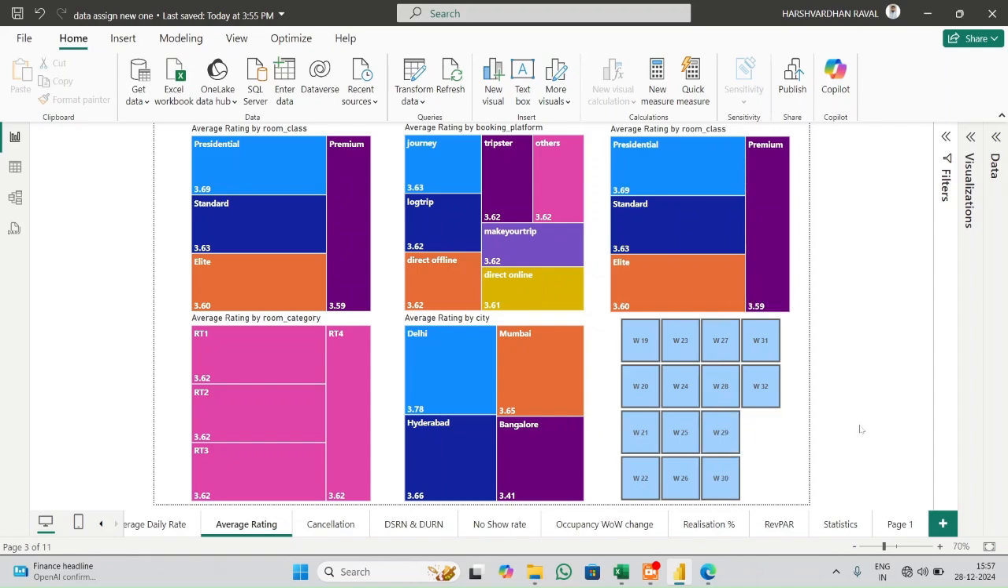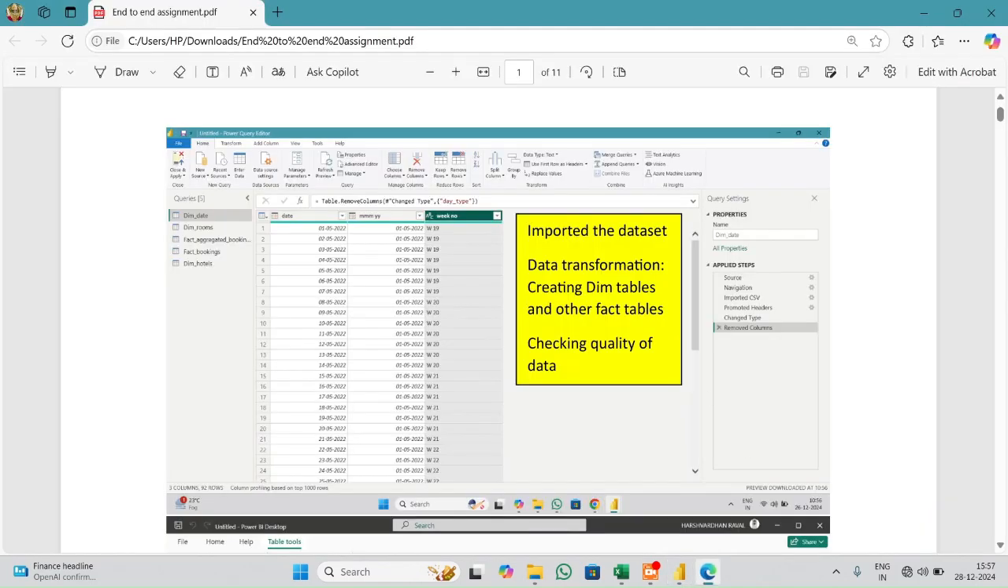I will tell you the steps I have performed, how I created some graphs, how I created some measures, etc. for the better analysis of the data. First of all, I imported the data set. While we import a dataset into Power BI, there are two options: directly adding the dataset, or transforming the dataset before importing it into Power BI. I chose the option for data transformation for creating the DIM tables and other fact tables, and